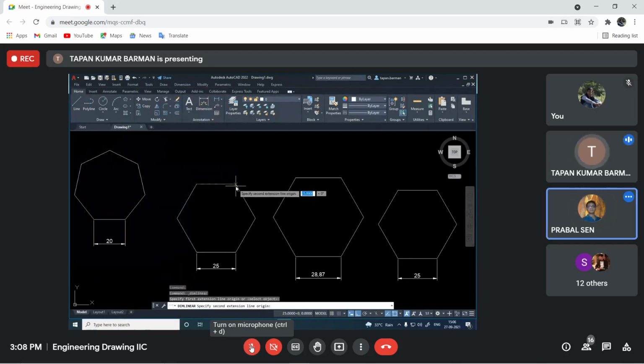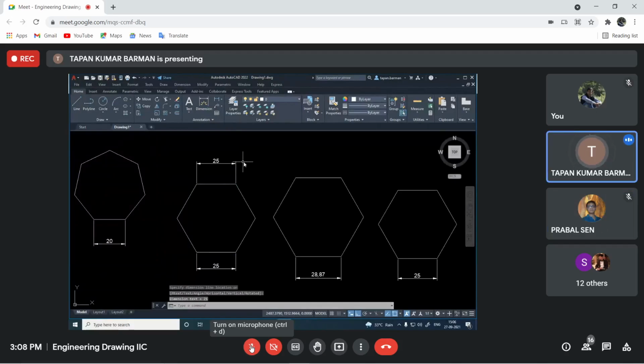Yes, sir. Now, sometimes your text height may not be visible. The text height is so small that it may not be visible on your screen. Then what to do? If you are using AutoCAD 2021 or 2022 version, from the annotation panel you may find this ISO 25.